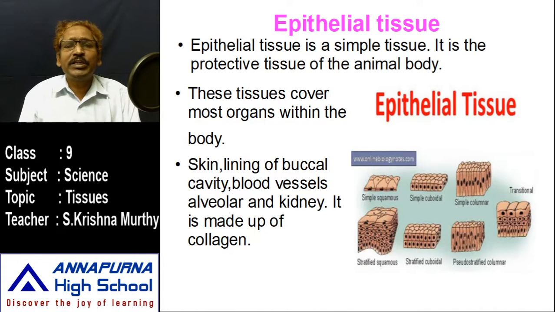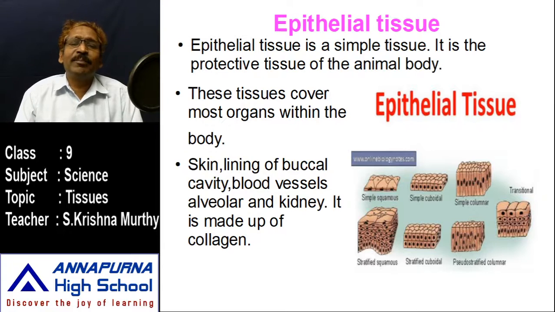What is a tissue? A tissue is a group of cells. Whenever a group of cells accumulate, that makes a tissue. So the epithelial membrane or epithelial tissue has a group of cells, and whenever they make a membrane, that is called epithelial tissue. Look at this epithelial tissue here. We learned different kinds of epithelial tissue a few seconds back; once again I am explaining each and every epithelial tissue.